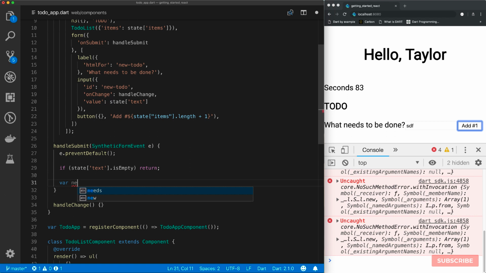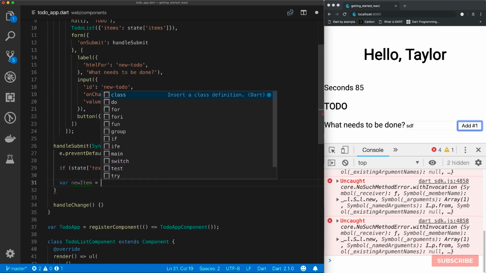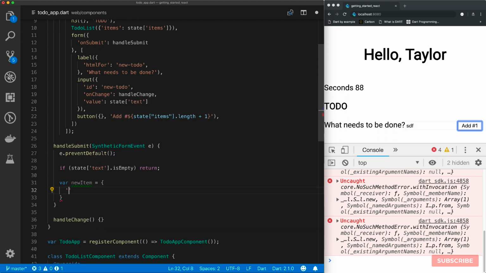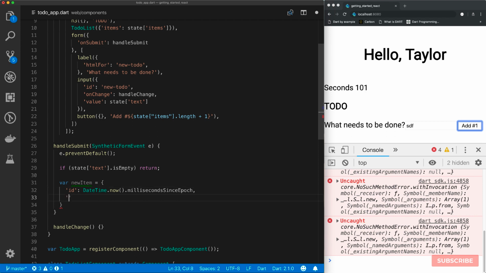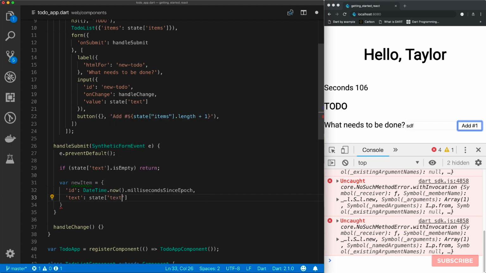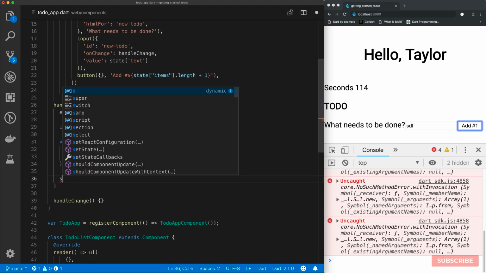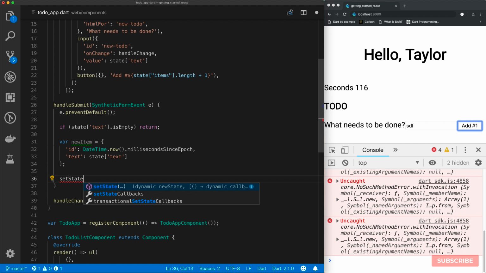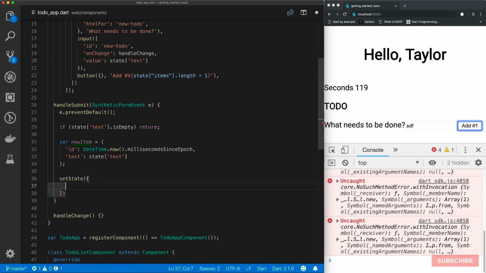Else, we will create a new item whereby the ID we'll do datetime.now milliseconds since epoch, and then for the text it will be our state text, and then after that we will invoke our set state function, which takes in our new state object,